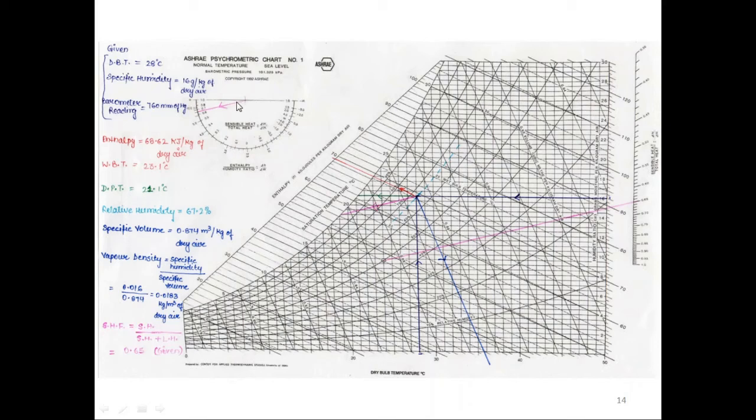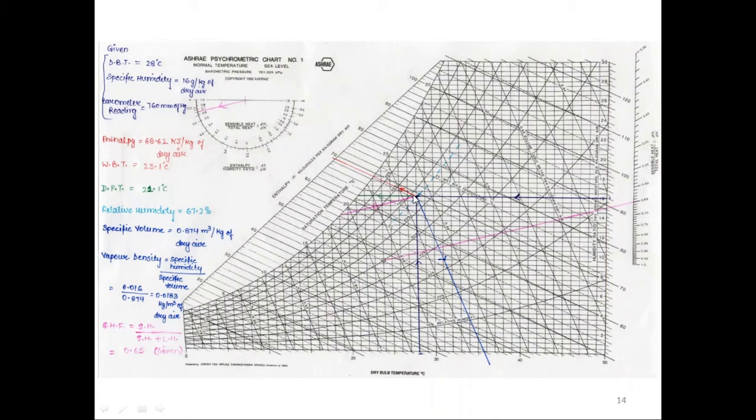So we will use this protractor to find out the value. From this origin point, we will draw a line joining the point at 0.65. This is 0.6 and this is 0.7. So in between this, we have joined this line. Now we will find out this value, this angle. Suppose this angle comes out to be 22 degrees.